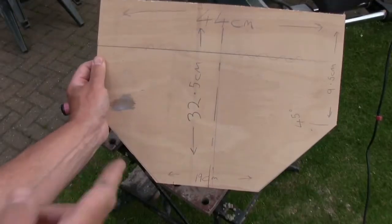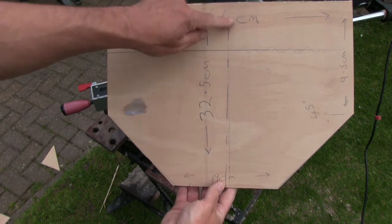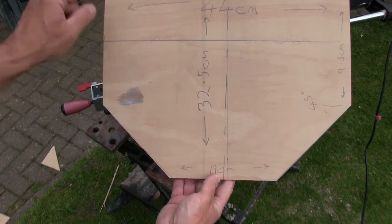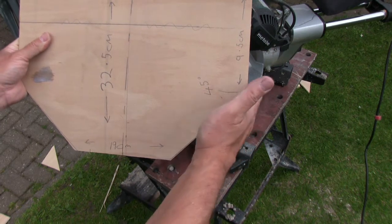So the next thing to do is to cut the backing plate, so hopefully you can see this. The backing plate is 44 centimeters across by 32.5 centimeters high. When you've cut that rectangle out, the next thing to do is to measure down from the top 9.5 centimeters and then draw a